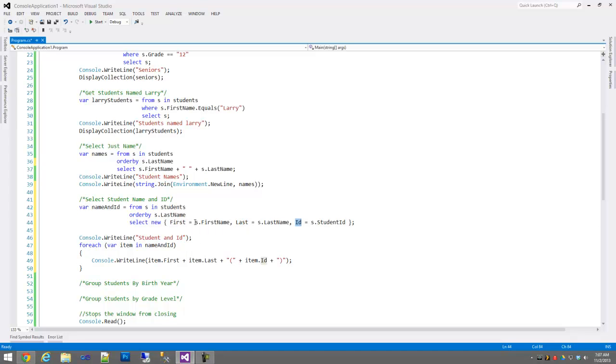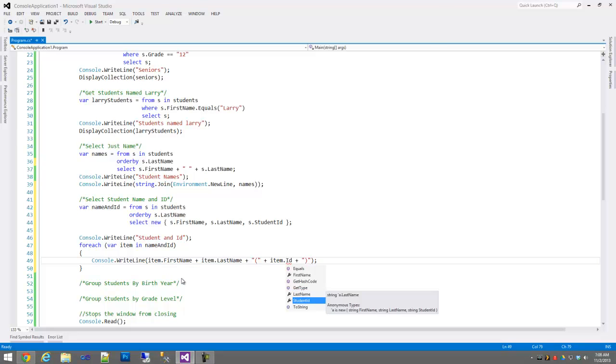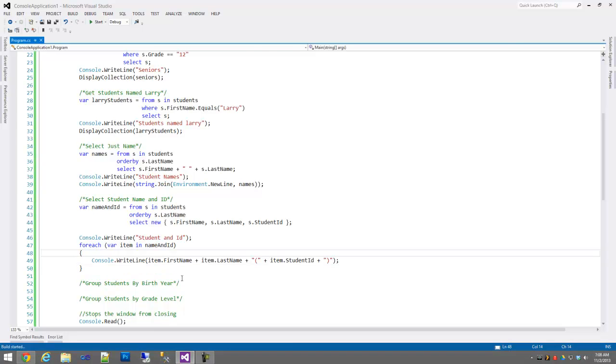If we were to remove this first equals, last equals, and ID equals, then our properties, and I'll go ahead and actually show you this, revert to being not first, but first name, last name, and student ID. So if we run now,